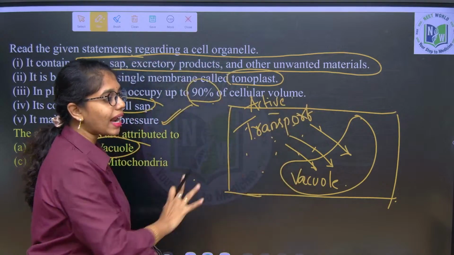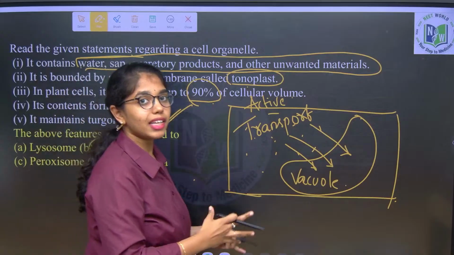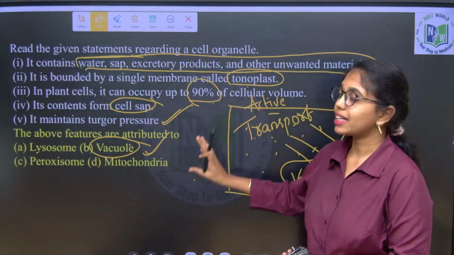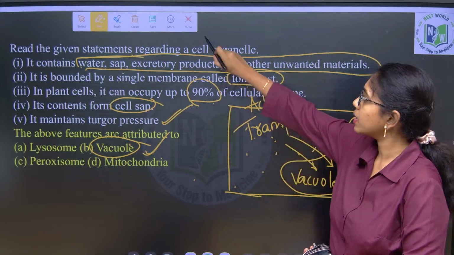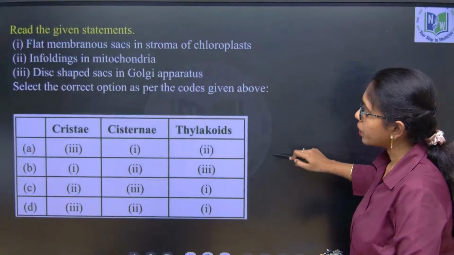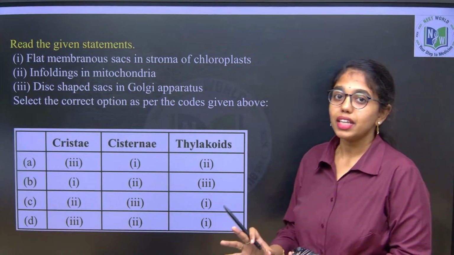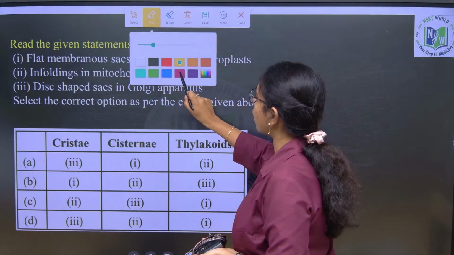So this is one add-on point to it beta, just you can go through it. So with respect to all these features, which organelle are we going to choose, that is vacuole. Same way you can get such type of questions describing the organelle, giving the characteristic features of that particular organelle. Now here we always get confused with the terms like cristae, cisternae and thylakoids,